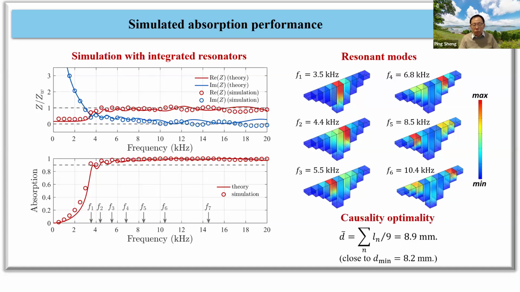And the reason is that each resonator has a very high density of states. So the incoming plane wave energy, if you plot the Poynting vector, will funnel into each resonator. So it is very intriguing. If you don't believe it, you can plot it. So even a small cross section can absorb an area that's much larger than its own cross section. So the average thickness is only 8.9 millimeters. And